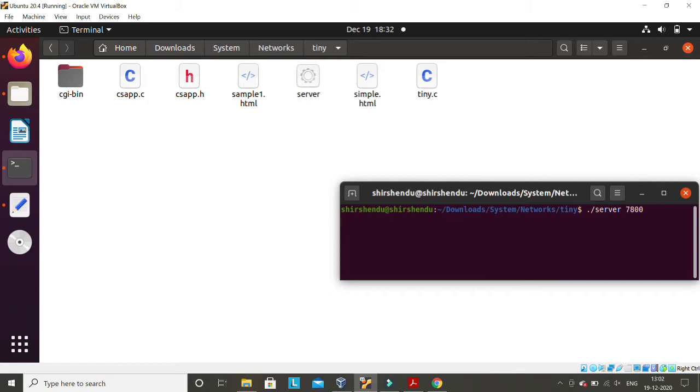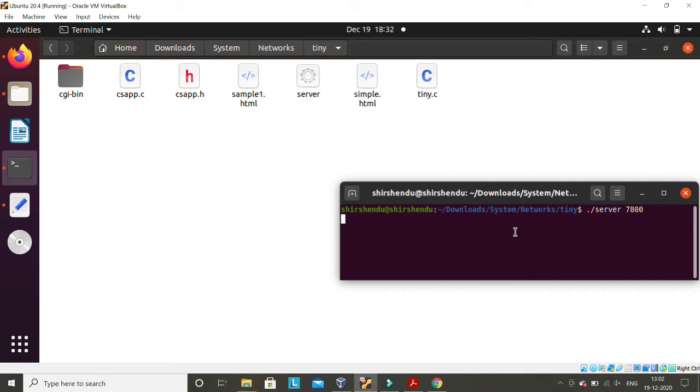If you relate it to the previous lecture, in the server code we passed 7800, the port number. With this port number it called the open_listenfd function, which created a listen file descriptor.